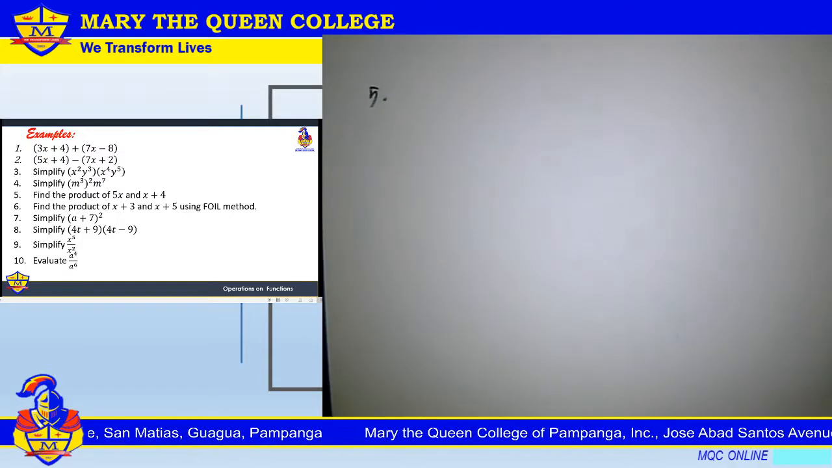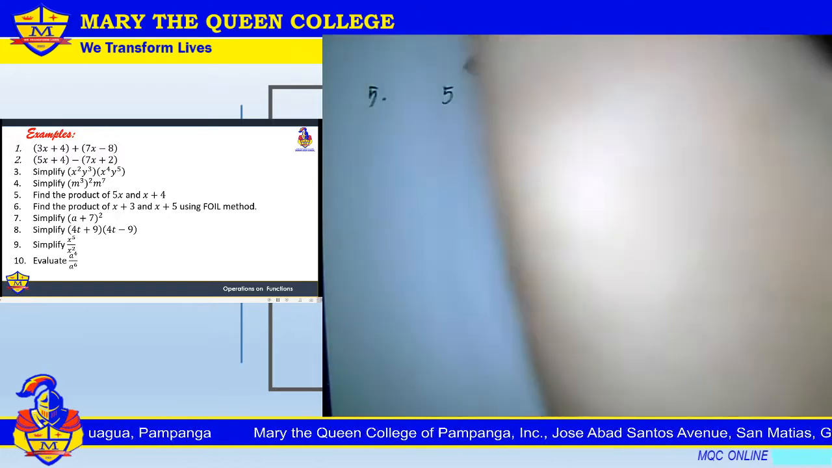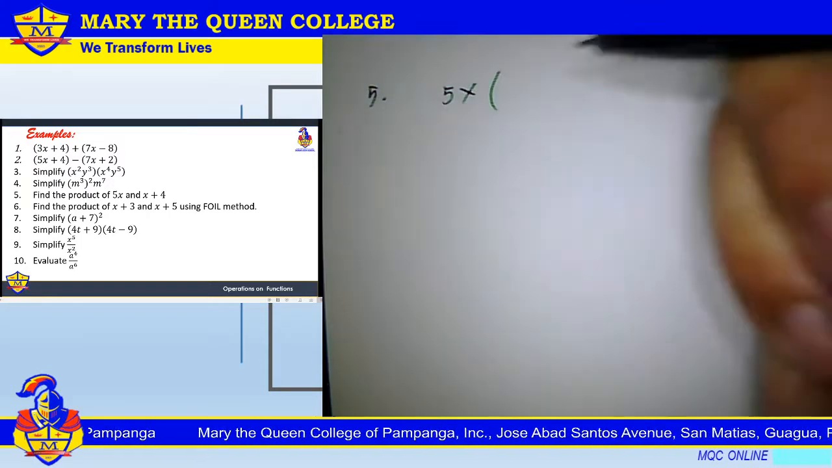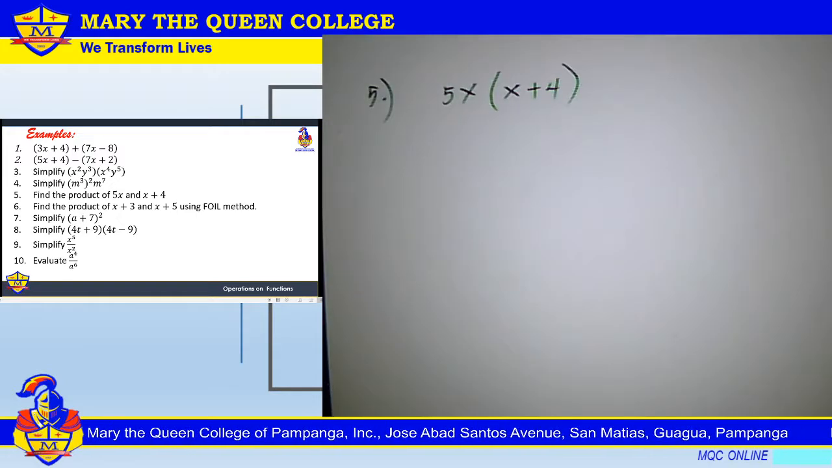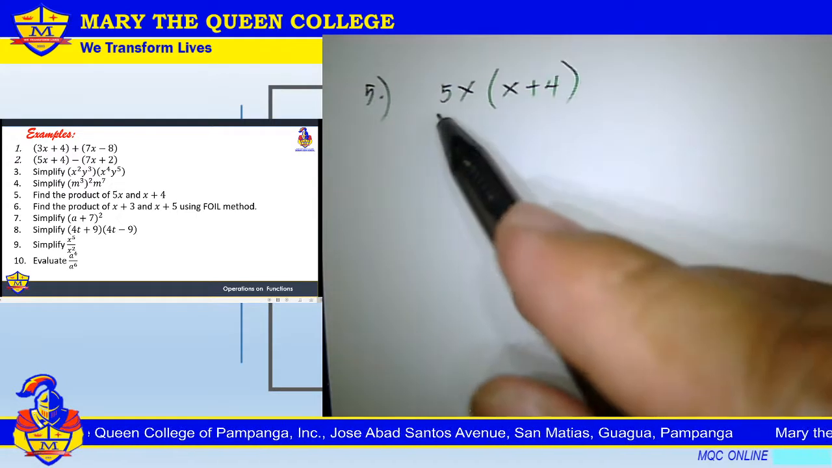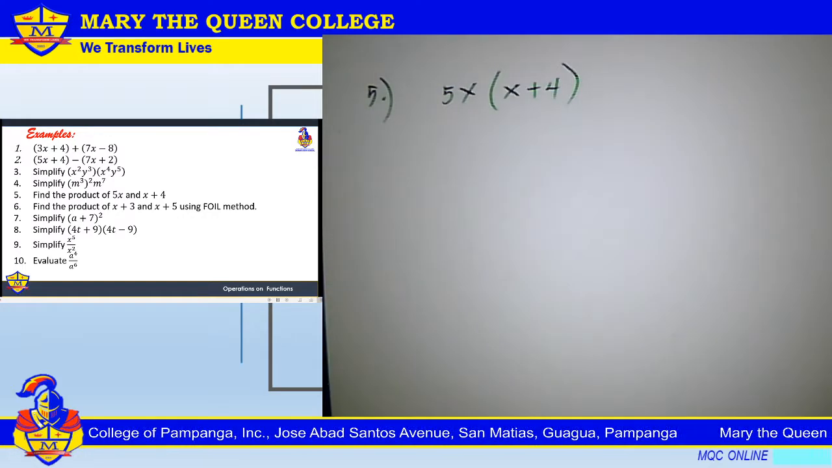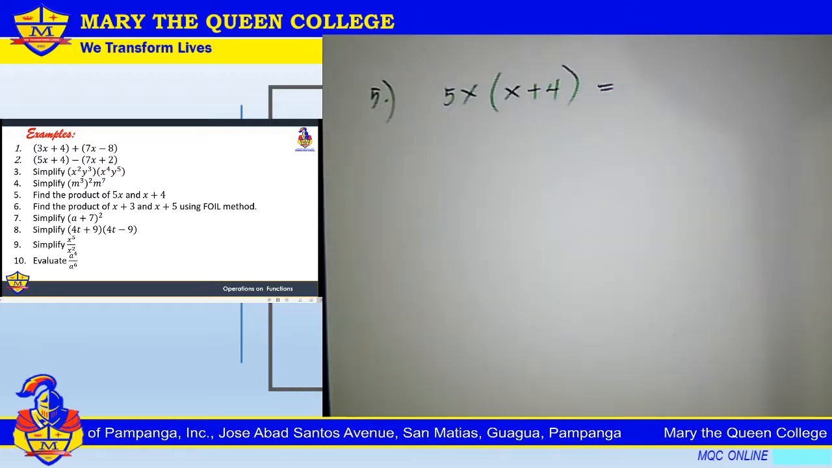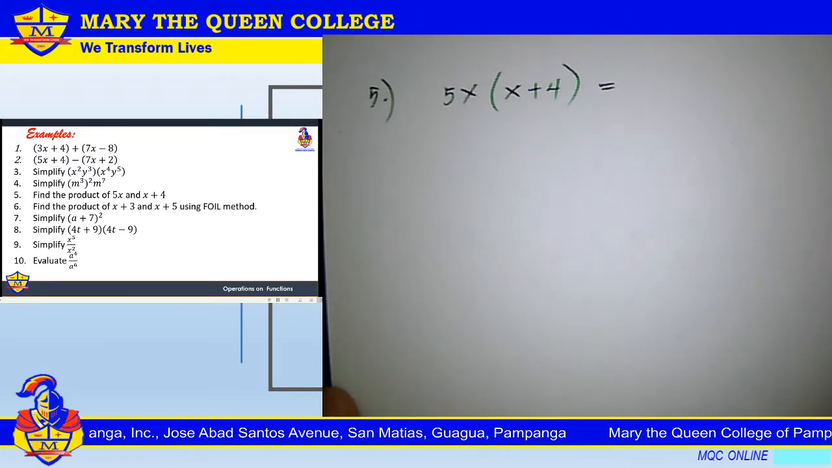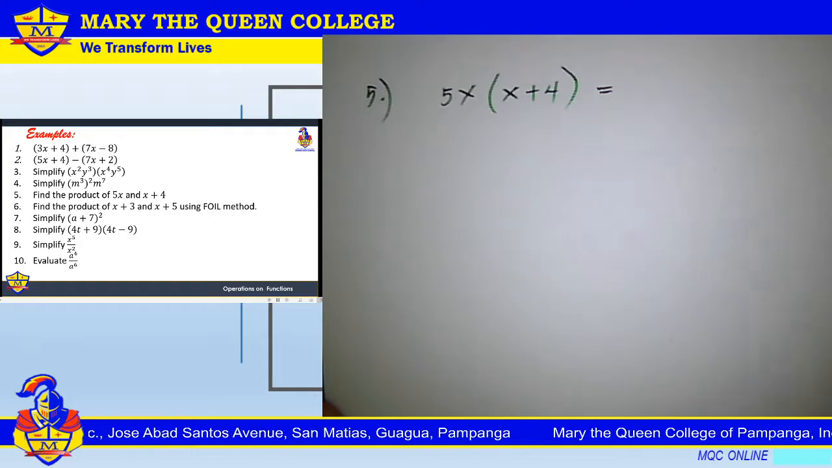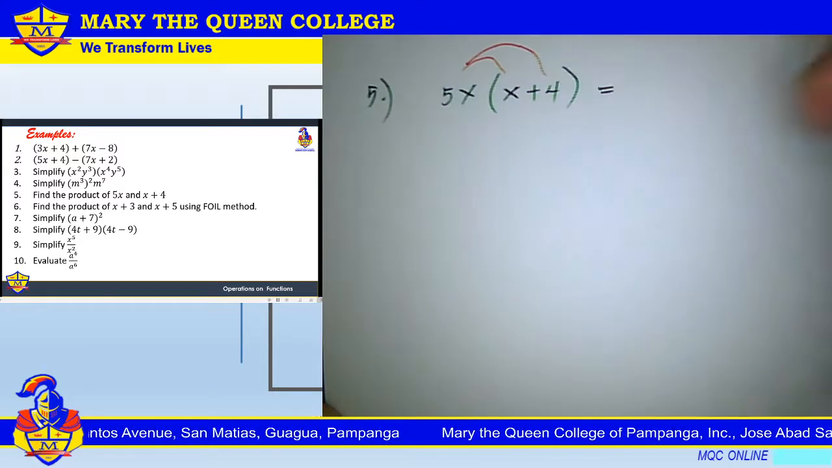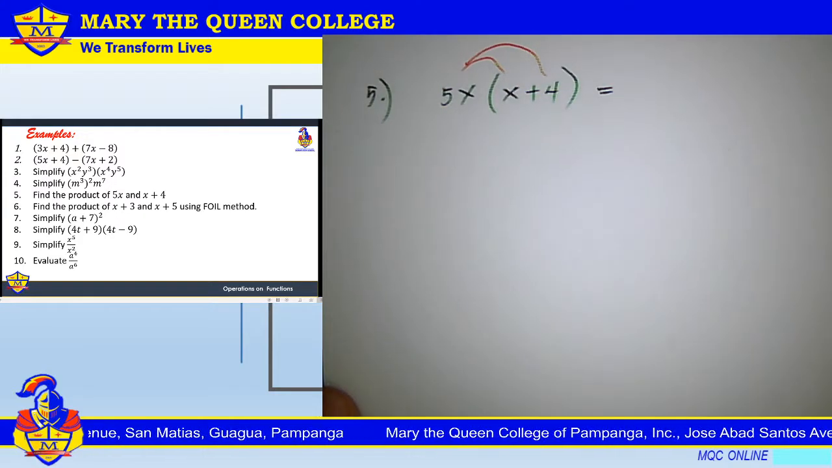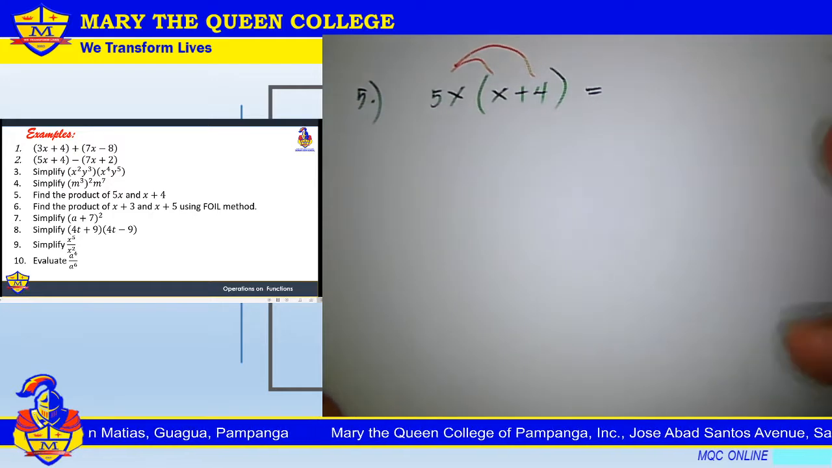For number 5, we have to find the product of 5x and x plus 4. So we have 5x times x plus 4. We have a monomial multiplied to a binomial, so we can apply the distributive property of multiplication over addition. You multiply the common monomial factor outside to all the terms inside the quantity. So 5x times x, we have